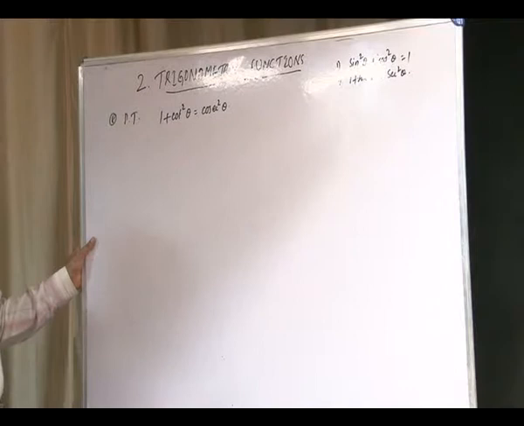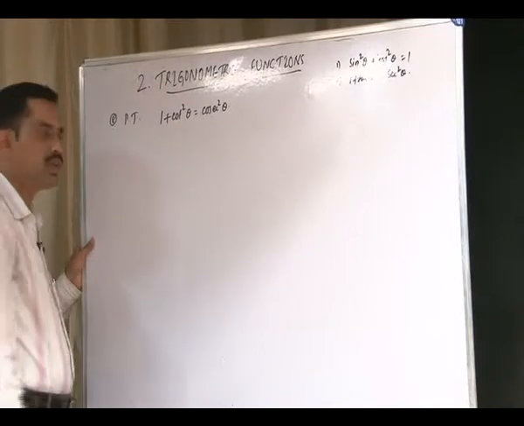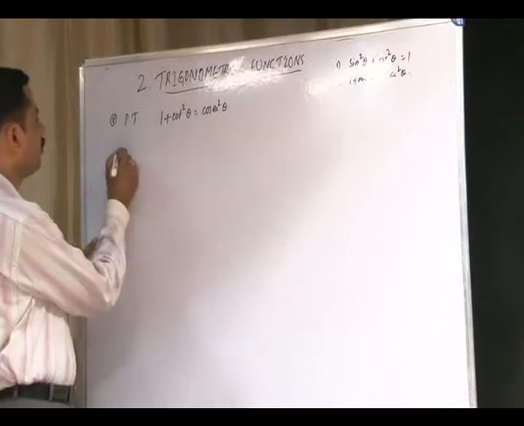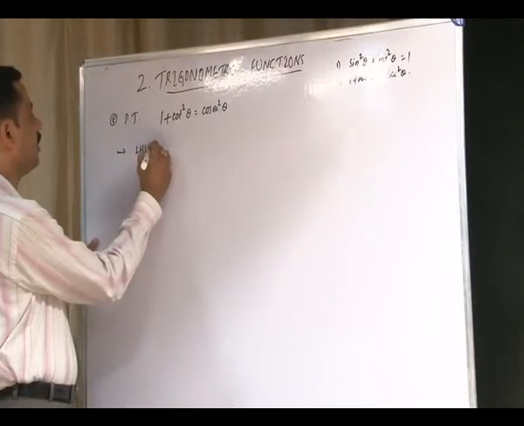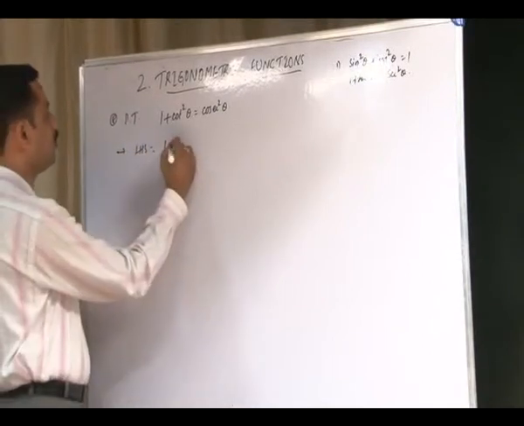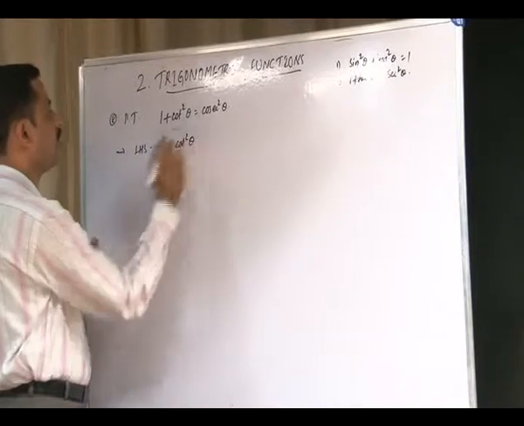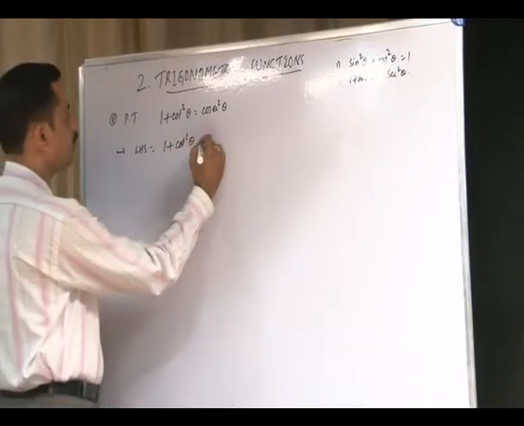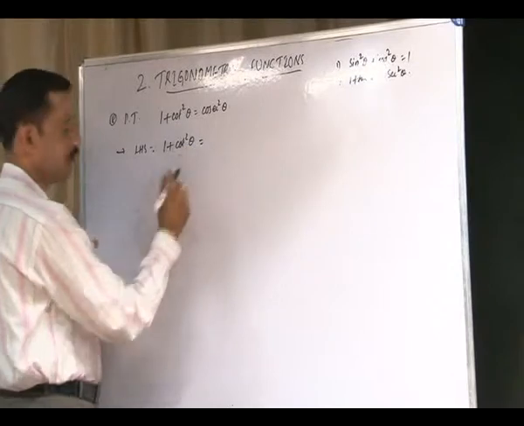Prove that or show that 1 plus cot square theta is equal to cosecant square theta. So, to prove this I will consider left hand side here. Left hand side is equal to 1 plus cot square theta, or you can write this as 1 plus cot theta whole square also,